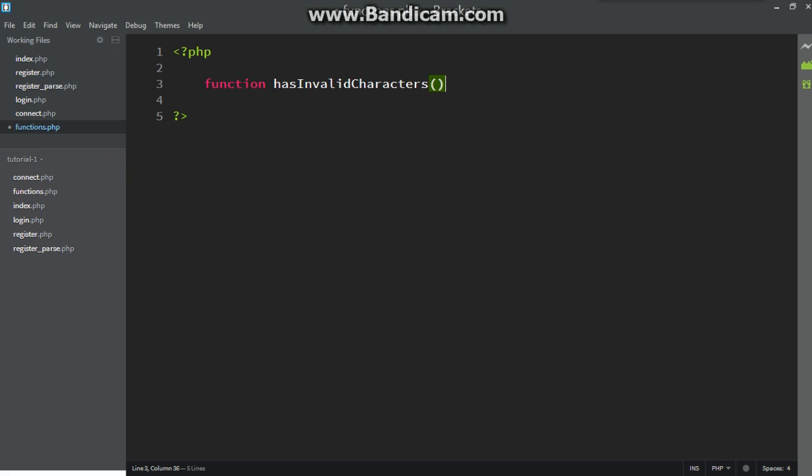This function checks if the text specified contains invalid characters or not. In this case, we're going to check the username. So if the username contains invalid characters, it will return true, which means that the text has invalid characters. If not, it will return false, which says that the text doesn't contain invalid characters and we can continue the registration. So we're going to use a function called preg_match, which will check if the